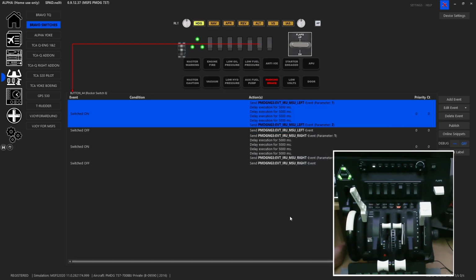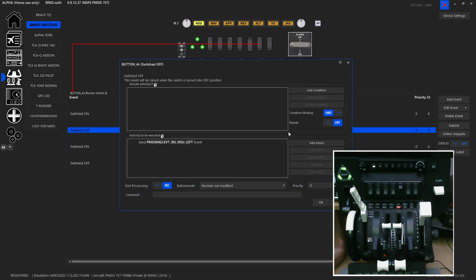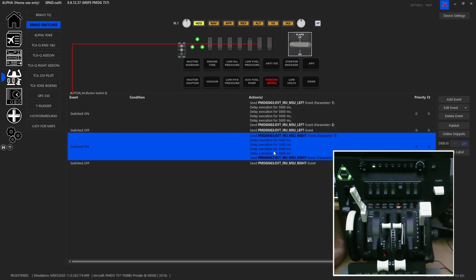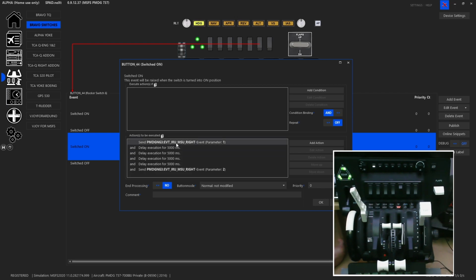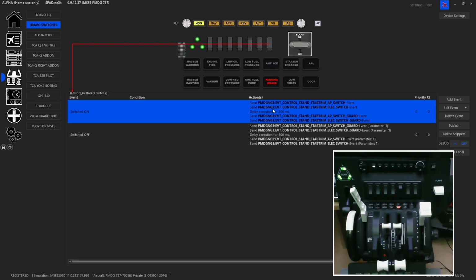Over here, I wanted to align the IRSs, and so this is on the overhead panel. So what I did for these was on a switch on event, it's going to set the IRU MSU left to parameter 1. So that's going to put it into align mode. And then after 20 seconds, I have it flipping it into nav mode. When we switch off, it will set the IRS left to 0, so the off position. And then I copied and pasted those 2 events, and then I changed it to the right IRU, so it'll do the same thing, align. So yes, we're moving both switches simultaneously